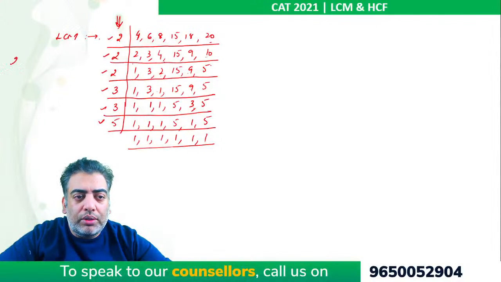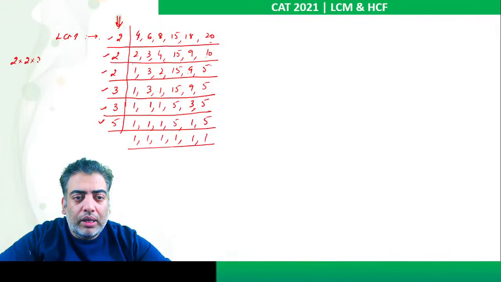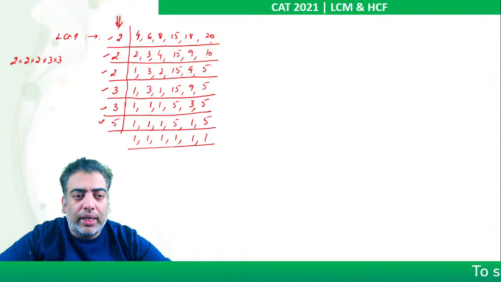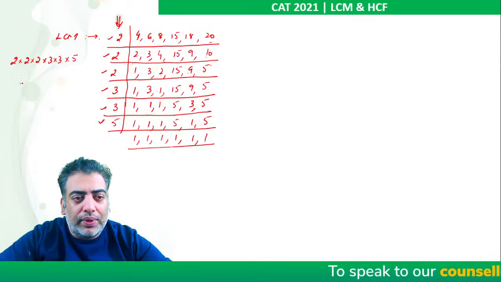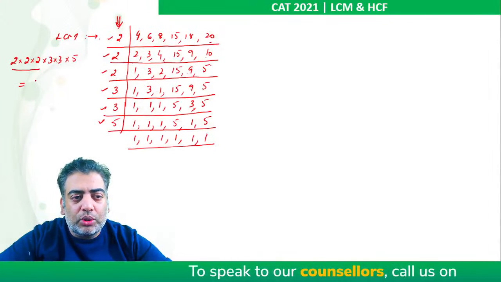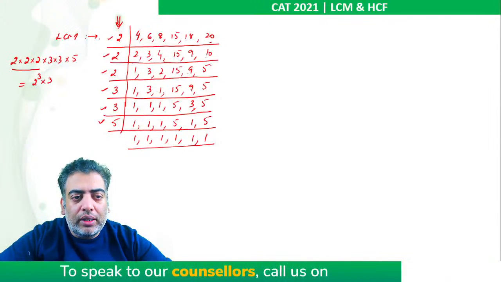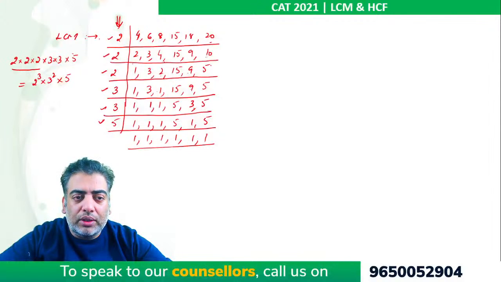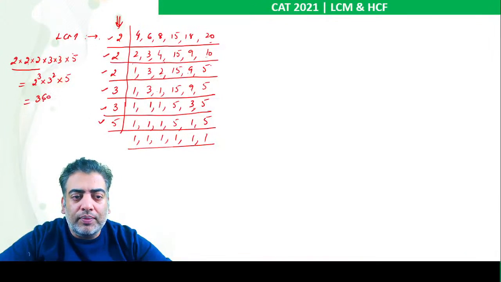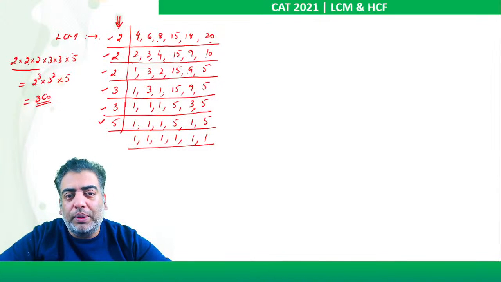2 into 2 into 2 into 3 into 3 into 5. So we can also collate the values and we can say it is 2 cube into 3 square into 5, or we can multiply all these values. So like 9 fours are 36 into 10 is 360, which is the least common multiple of all the values